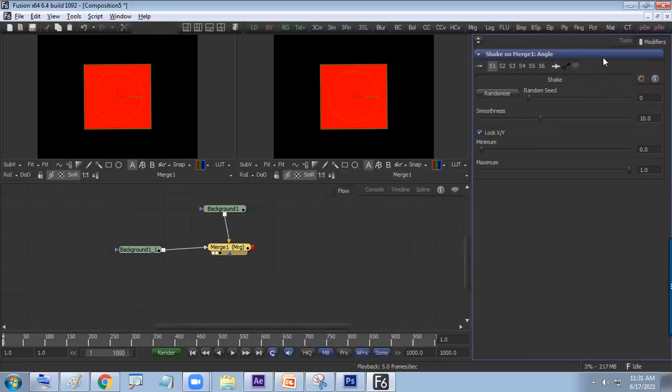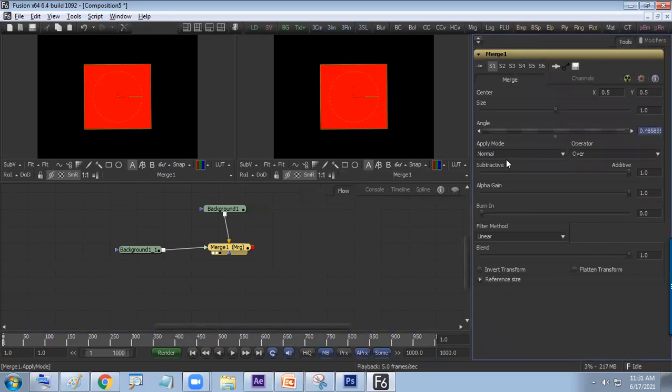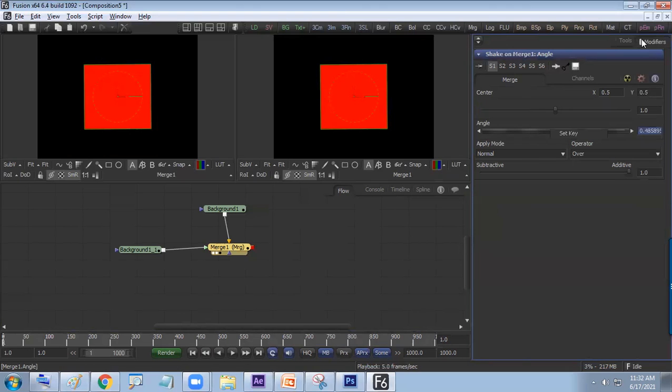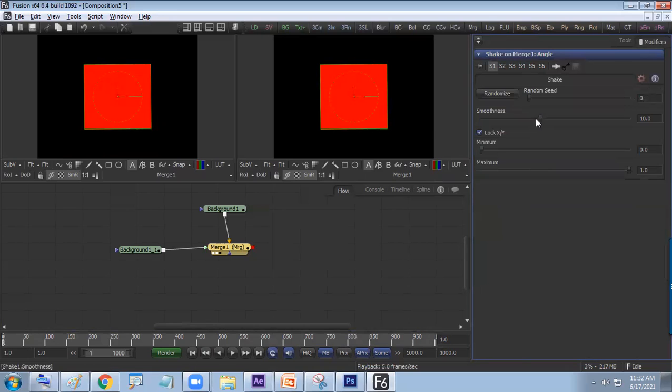Hope you are getting it now. What is the topic going on? Animation advanced level. In the earlier days, we learned to make animations by right-clicking the property and going for animation. But now we have switched to the modifier and gone for shake. The time we go for shake, immediately in the merge node or any node, you'll find a special button called modifier. The whole animation is under control now here. Check the screen to see what happens.